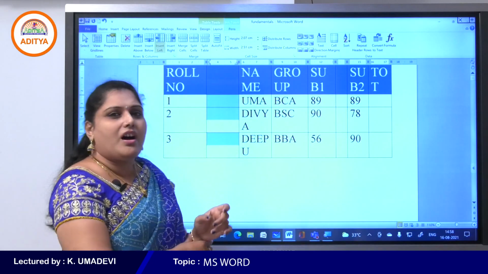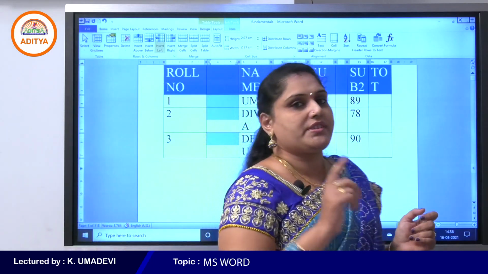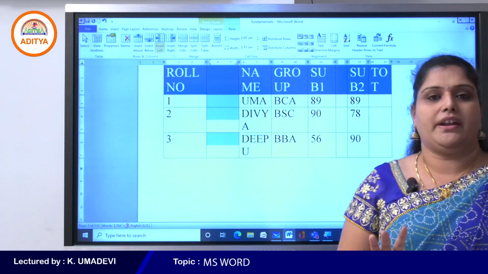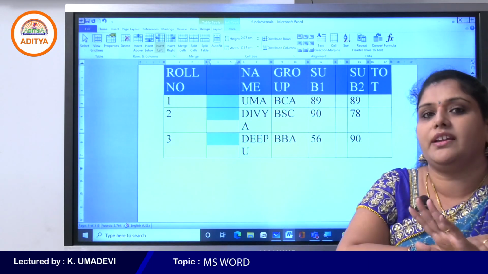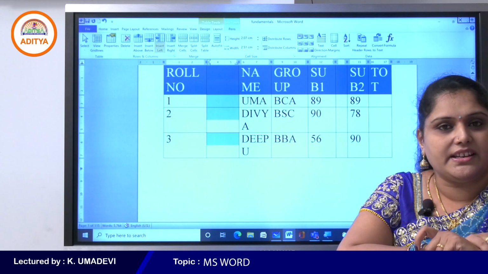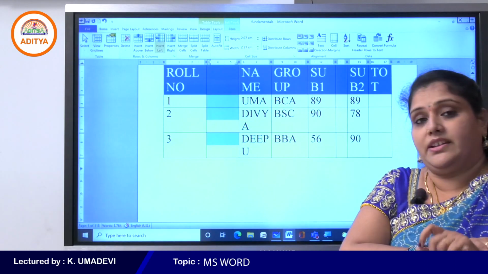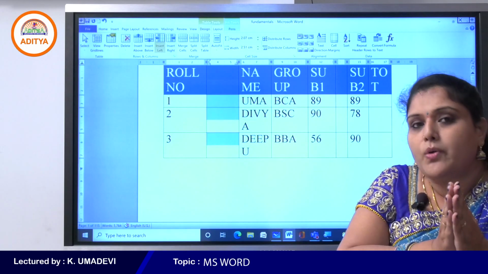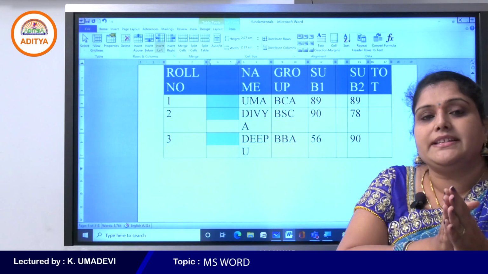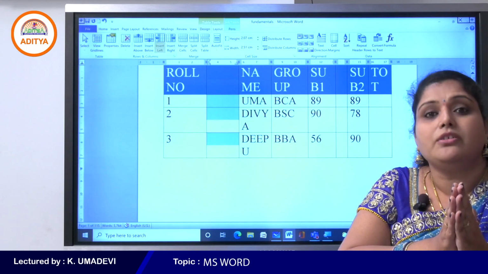So based on your cursor position, you have to select any one of the two commands, that is insert left and insert right. So we can easily add columns anywhere on your table. Insert above and insert below for rows, insert left and insert right for columns.